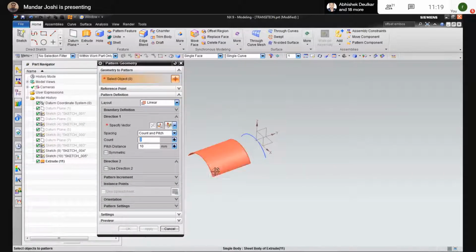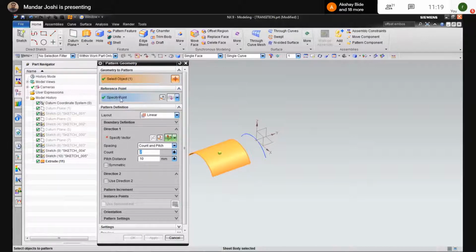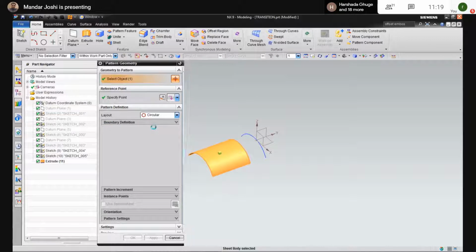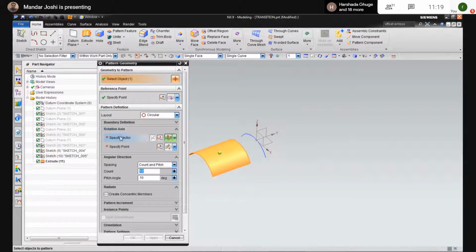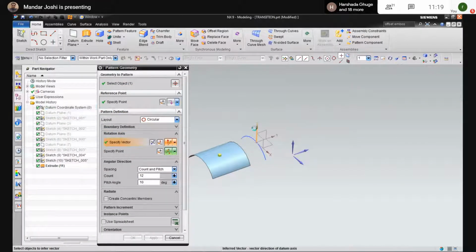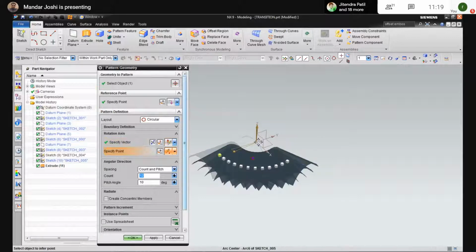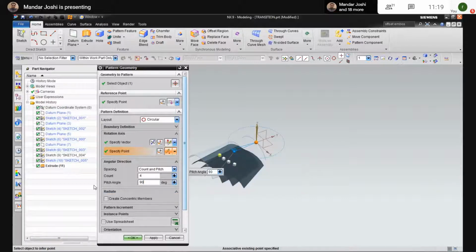Now I'm going to select this. The reference point is taken by default. I want a circular pattern around the Z axis and origin available here. The spacing between each is 90°.